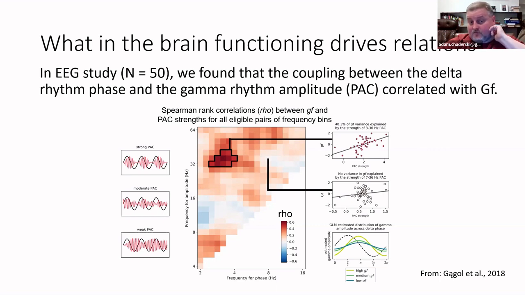So this is the correlation with some cognitive ability factor calculated from a number of intelligence and working memory tests, and only for very slow frequency for phase is this correlation significant. For all other places in this figure, there is no relationship. So